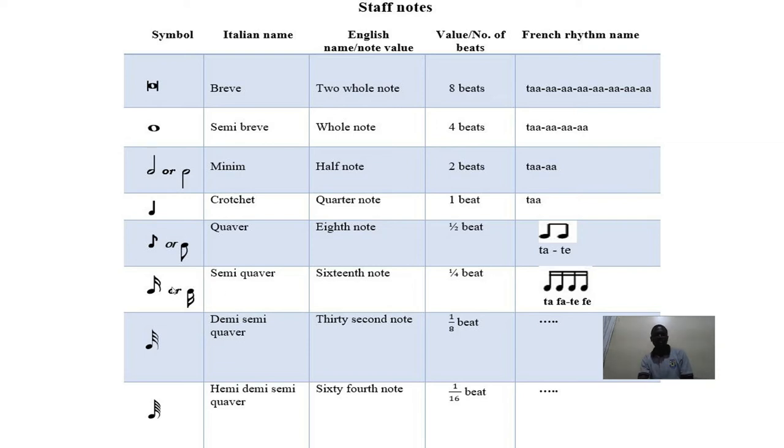Next is a semiquaver. A semiquaver is like a quaver, only that it has two hooks. A semiquaver is the 16th note and it's a quarter of a beat. So as you divide the ta, you get tafa. Then you divide the te, you get tefe. So from ta, te, we can get tafa, tefe. Let's go. We can also demonstrate ta, ta, ta, te, ta, ta, te, ta, ta, ta, te, ta, te, tafa,